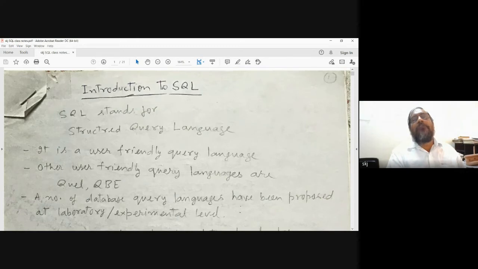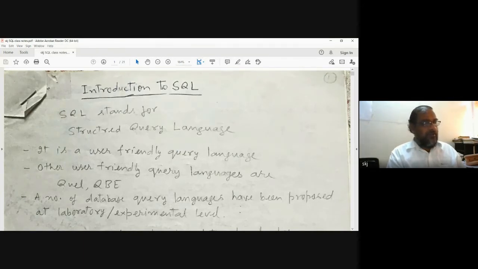The purpose of language you already know. When we want to interact, it is a way of communication. In our normal way, we have several natural languages, and in computers, several programming languages are there, and their objective is to interact. So when we have a programming language, the objective is to interact with the computer system. And in our society, we interact with each other using our language.